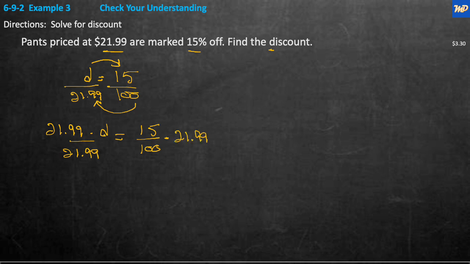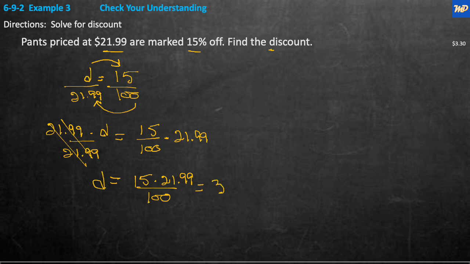Then we're going to cancel these 21.99s because that was the purpose, to get the D by itself. We now have the discount is equal to 15 times 21.99 divided by 100. And if you get your calculator out and run it, you're going to get